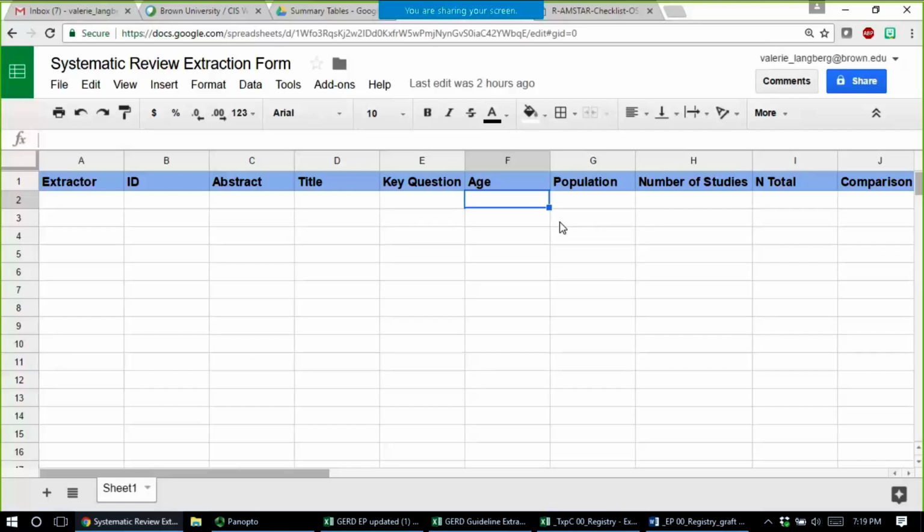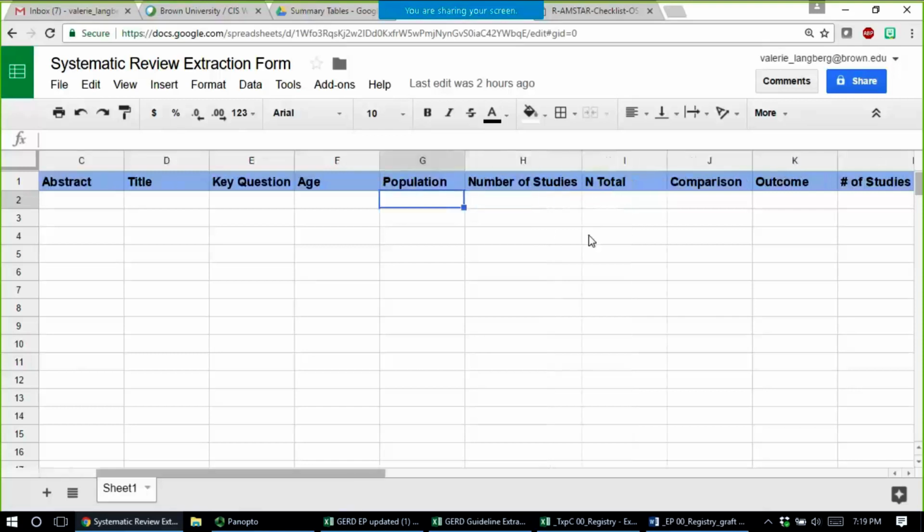If you care about it, then basically description. So do you care about the average age over the patients? I don't know if you do or not, but something, or just classifications like adult or pediatric could go here. Any population descriptors that are of interest, like a specific condition or a specific subgroup. The number of studies included in that review, the total number of patients, what comparisons are being made, and then